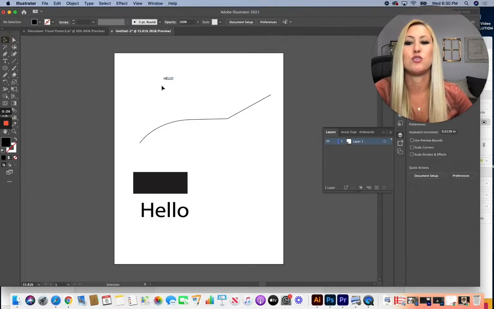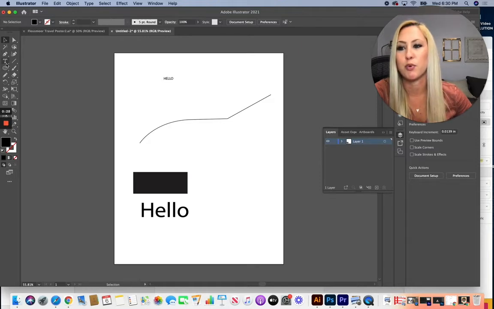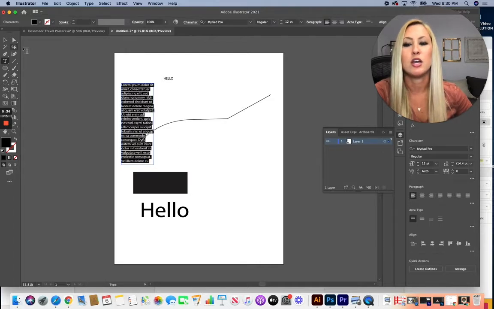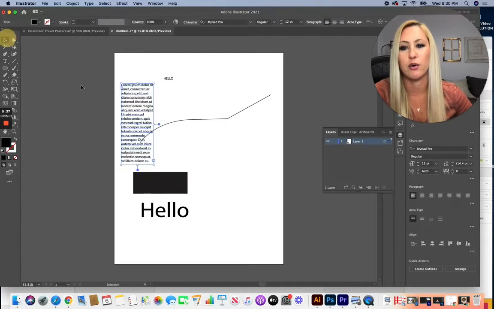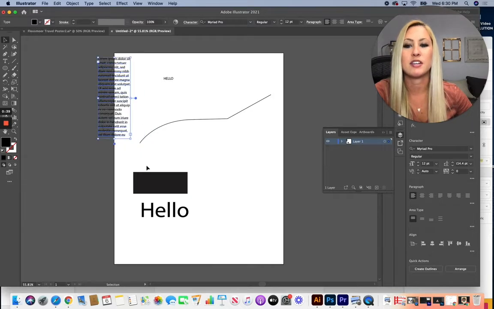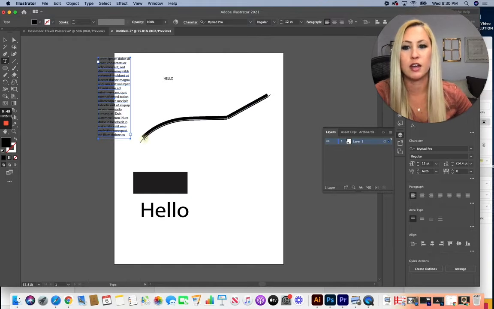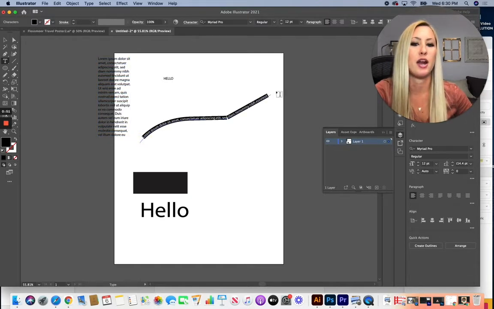uses. If you do want to create an actual shape where the text is going to go inside of, maybe you have a specific area in your design where you want the text to be included, you just drag that text box out instead. If I want my text to go in a specific pattern, like on this line, all you need to do is grab your pen or pencil tool and draw a line first. And grab your type tool, click once on that line anywhere, and you can start typing right on top of